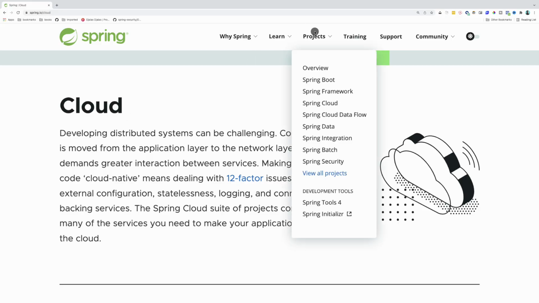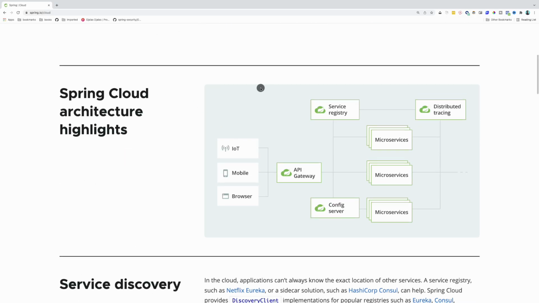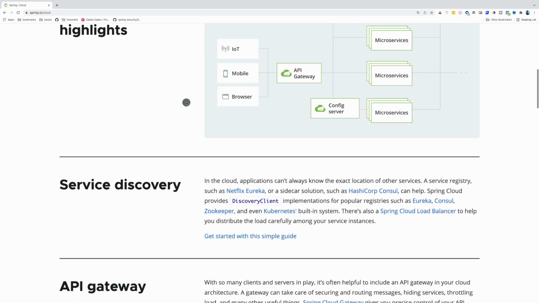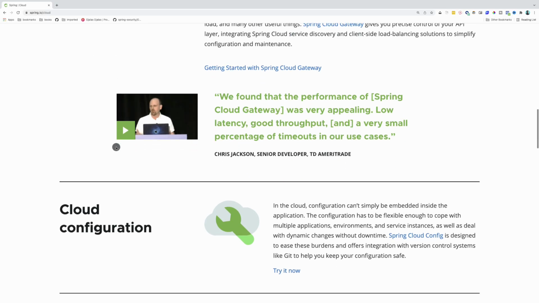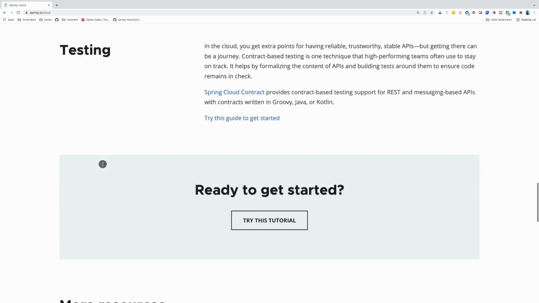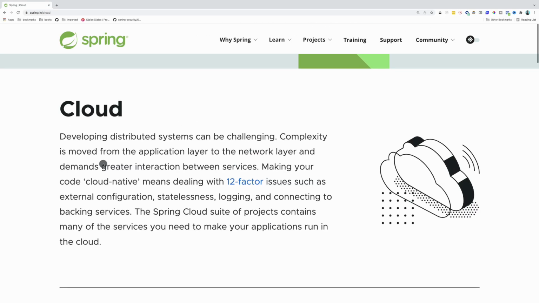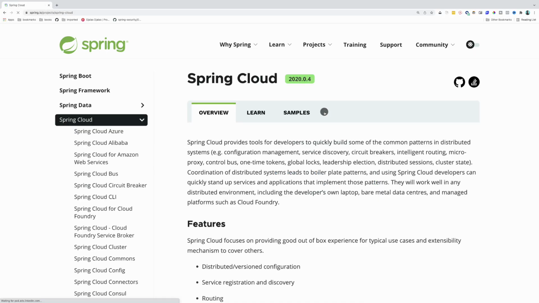So here you can see that we have projects, we have Spring Boot, the framework, cloud, data, so on and so forth, as well as security, which I have a course on. But right here, again, the exact same architecture. You can see that we have service discovery, API gateway, cloud configuration, circuit breakers, tracing, testing, so on and so forth. And what I want to show you, if I click on projects, let's go to Spring Cloud,